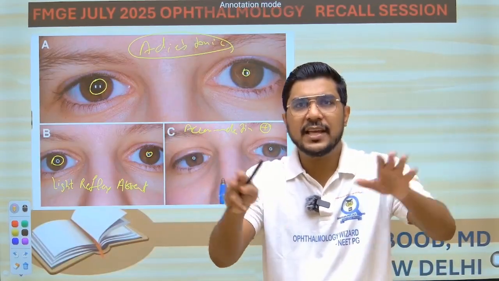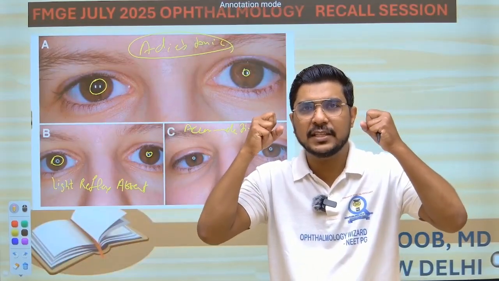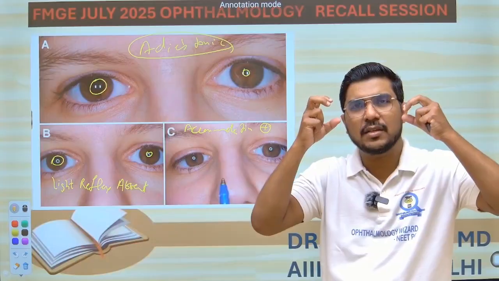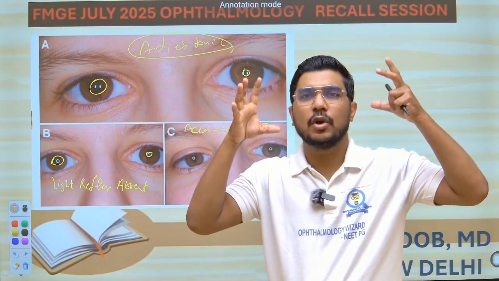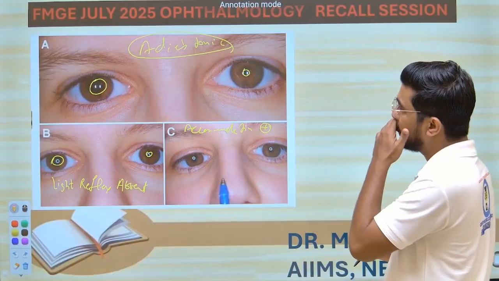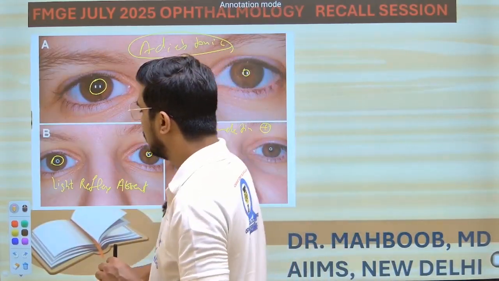This is not the case in the Argyll Robertson pupil, and that is why, because the tone in this Adie's tonic pupil is very slow, rigid, it constricts very slowly and dilates very slowly. That is why it is called Adie's tonic pupil. Okay. Now